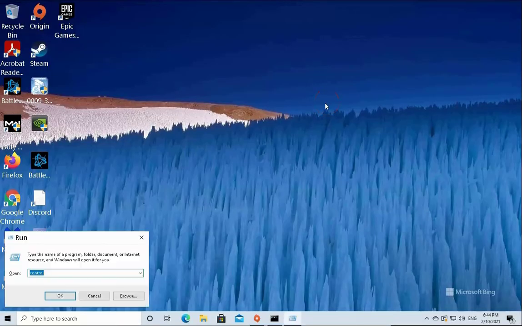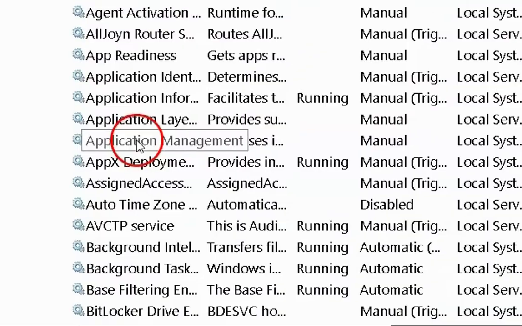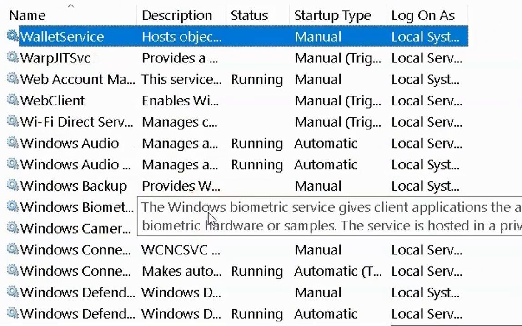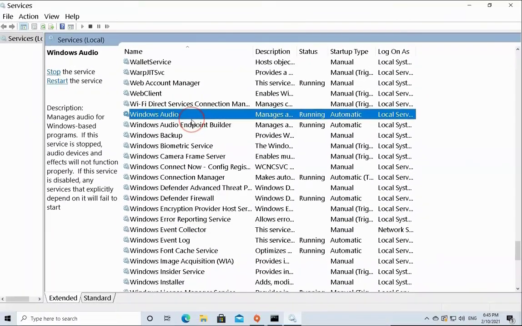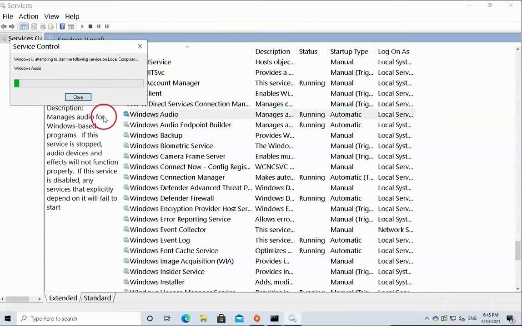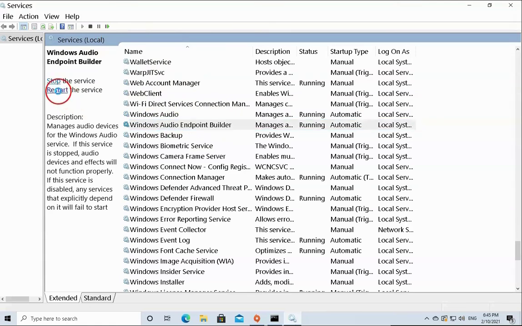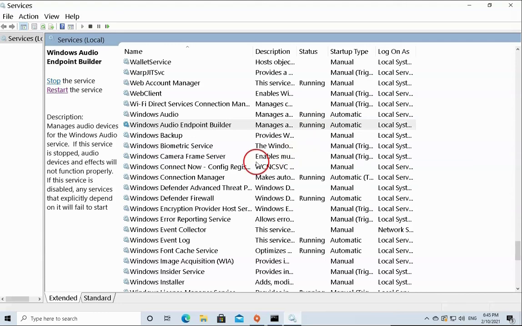If the issue doesn't resolve, you have to open services.msc from the run box. Select any of the services and then press W on the keyboard, and then you will have to find this Windows Audio service. Restart this service. This could be the first troubleshooting method you can follow. Click on this service as well and then click on restart. Click on yes and then check if the issue resolves or not.